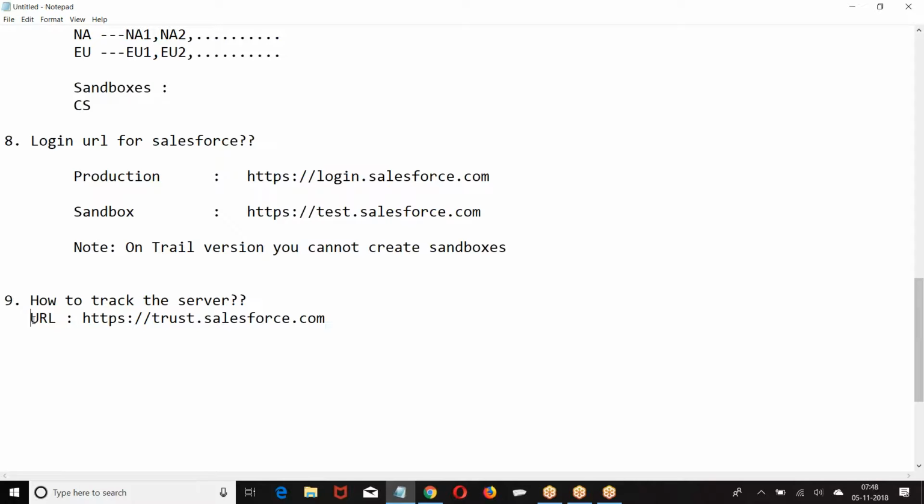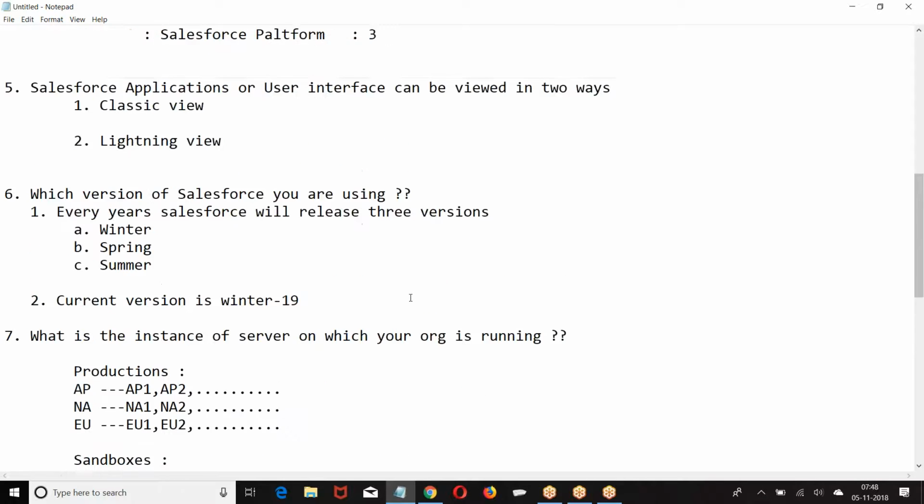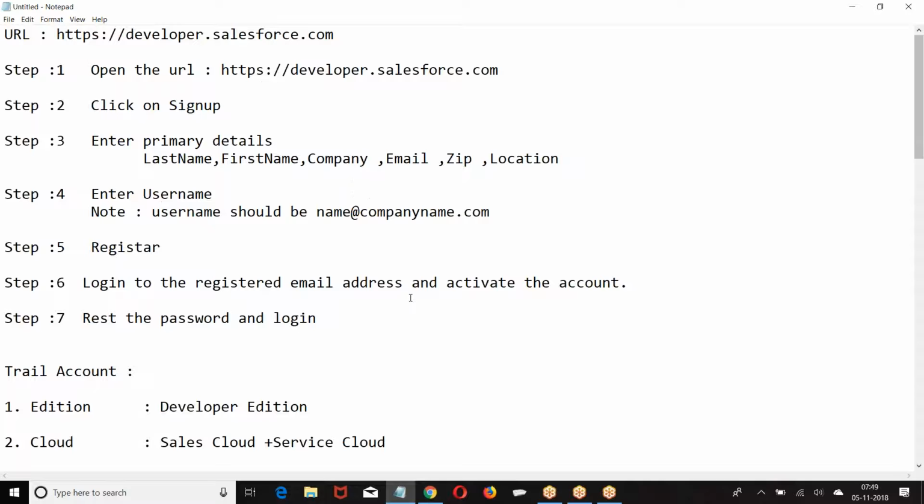Right. What was this? Trust.salesforce.com. So once again, quickly go to developer.salesforce.com, register your trial account, click on sign up, enter the primary data like last name, first name, company, email, zip and location. Then enter the username.